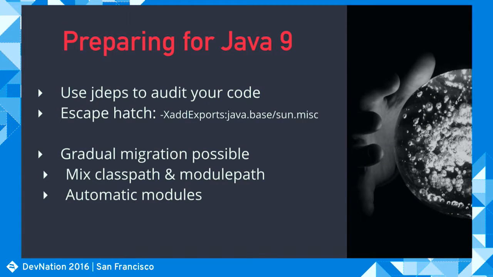Okay, so this brings us back to migration. Great. So hopefully this shows that it's fairly easy to get started with Java 9 and working with new modules and using those new keywords to design your application in a more modular way. But of course we all have existing code. And how do we ever get from this old classpath world to this new world module path? Because that's going to be challenging.